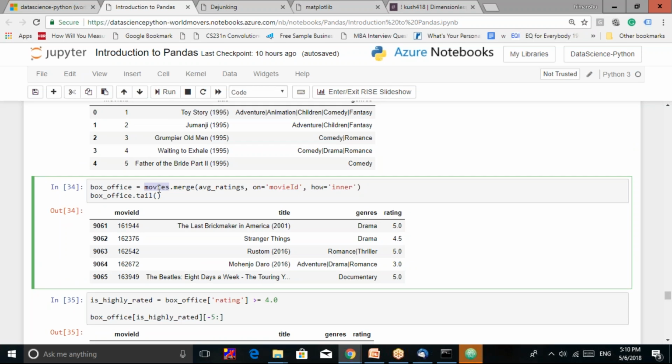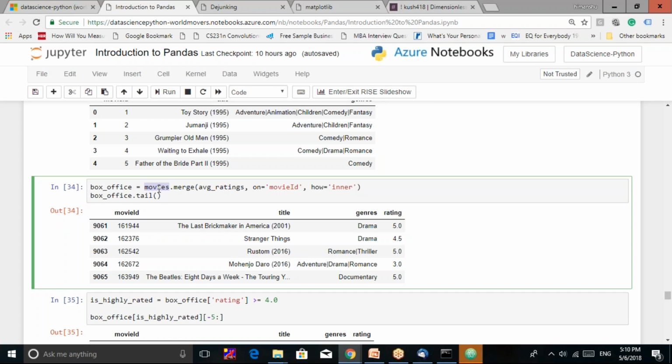एक मिनट। मूवीज में क्या? हाँ, मूवी आईडी है ना उसमें, चेक कर लो। मूवी आईडी, टाइटल और जेनर। सो मूवी आईडी एज इट इज वैसे ही लिखा है ना आपने? यस। फिर तो एरर नहीं आना चाहिए। मूवीज डॉट मर्ज एवरेज रेटिंग। एवरेज रेटिंग में क्या क्या है, एक बार उसके कॉलम्स प्रिंट करो। उसमें मूवी आईडी और रेटिंग है। चेक कर लिया। उसका भी मूवी आईडी कैपिटल है। हाउ, स्पेलिंग इनर में चेक, ऑन मूवी आईडी। तो फिर तो बिल्कुल ठीक है।